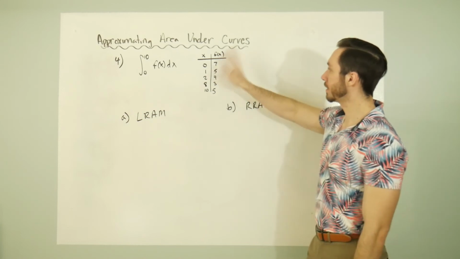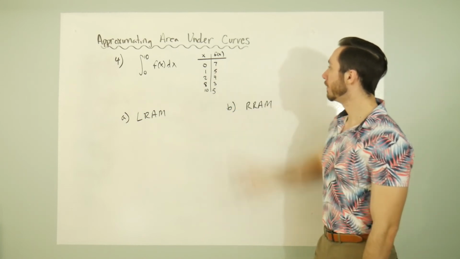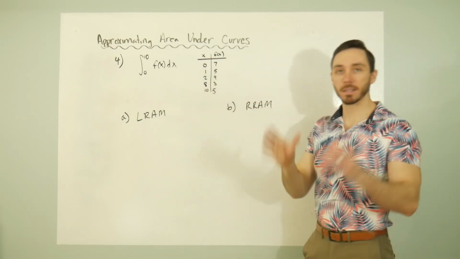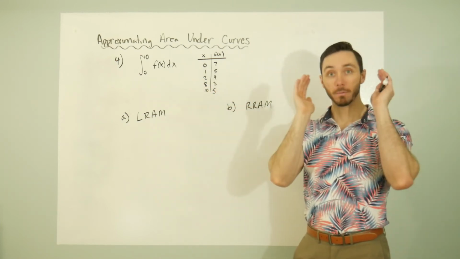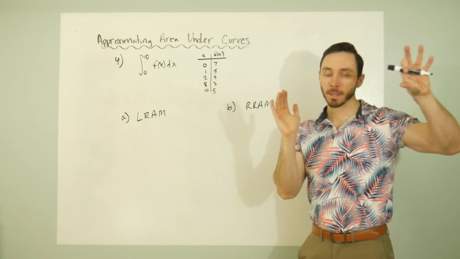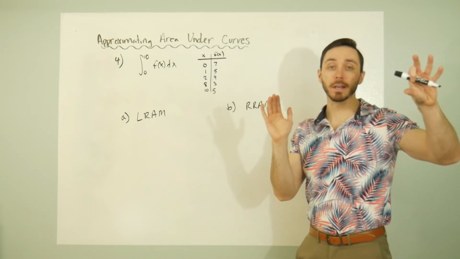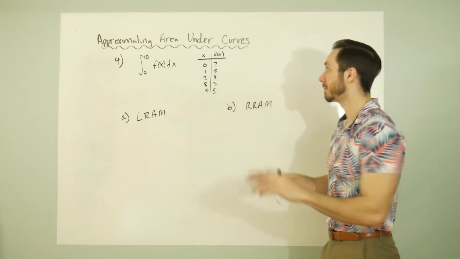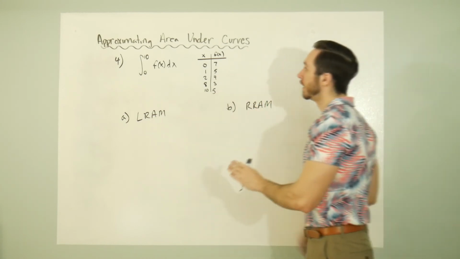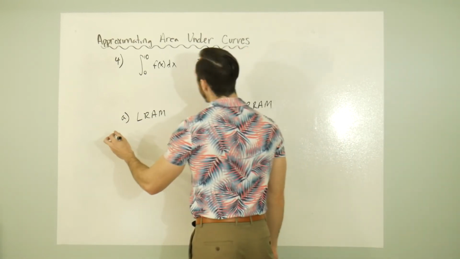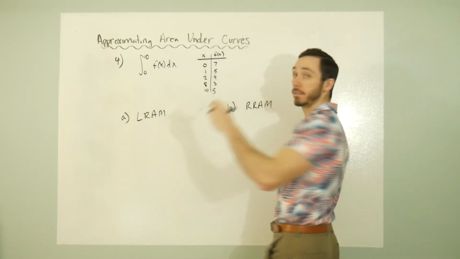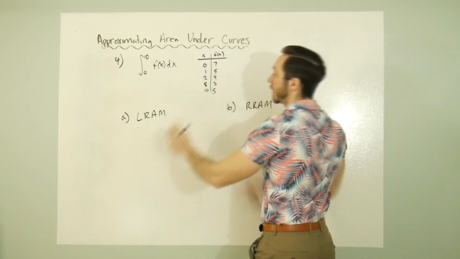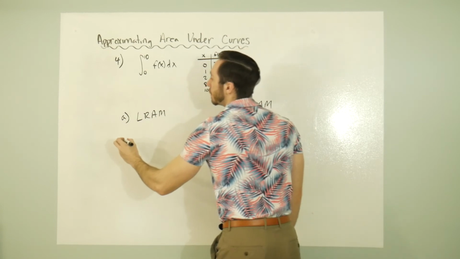So what I want to do is I want to do an LRAM and an RRAM with just this data set, and you'll note these are uneven interval lengths, so we can't use that nice shortcutted approach where we have the width of each rectangle on the outside on the left and all the heights on the inside. We unfortunately have to find each independent area. So with LRAM, we want to start on the very far left point. So we want to start with 0, 7. So we'll say the area